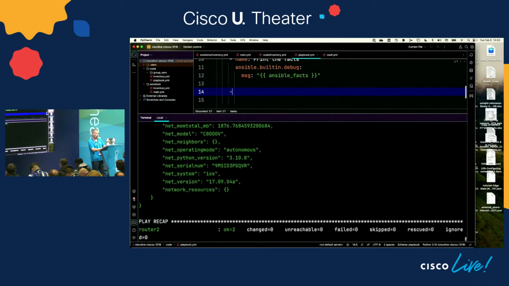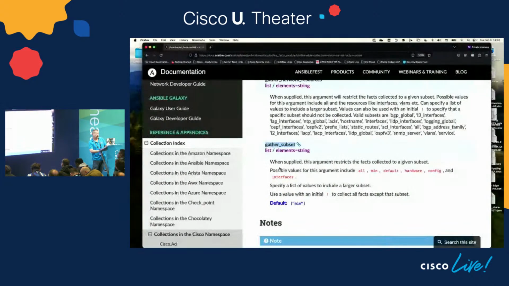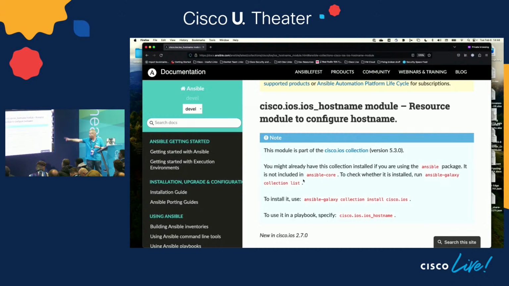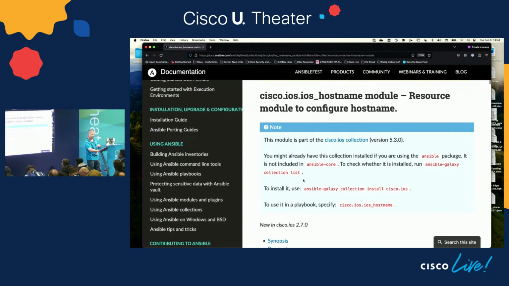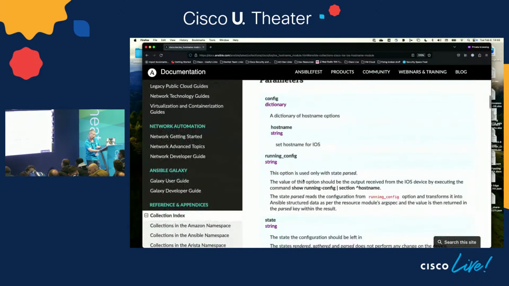Let's do one more task. Let's say change the host name. Could there be a module, something like iOS host name? Cisco iOS host name. Does it have any mandatory parameter? This one actually does not, because it will set the host name to the inventory name by default. However,